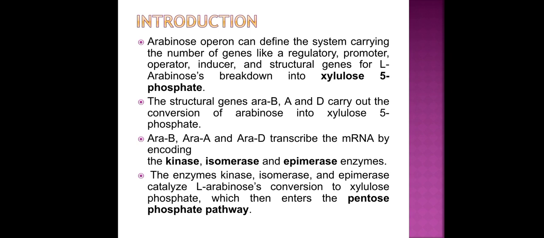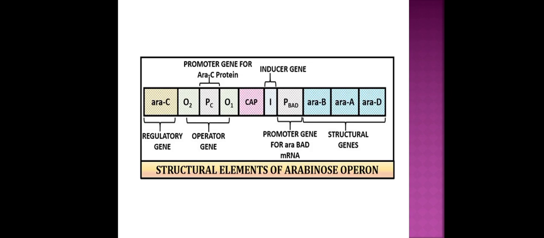Now AraB, AraA and AraD are responsible for transcribing the mRNA encoding the kinase, isomerase and epimerase enzymes, that is AraB synthesizes the kinase enzyme, AraA the isomerase and AraD the epimerase enzyme. These catalyze the conversion of L-arabinose to xylulose phosphate, which then enters into the pentose phosphate pathway. Now here is a diagram to observe the